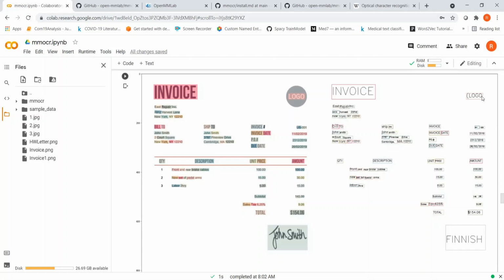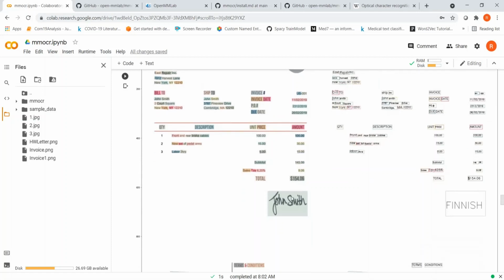So if you see over here, logo is identified, but there is this extra parenthesis which is coming over here, which is wrong, right? It should have been just logo as a text. So here also this handwritten text has gone for a toss, and it is mixed text over here, but otherwise if you see, most of the things have been detected properly.